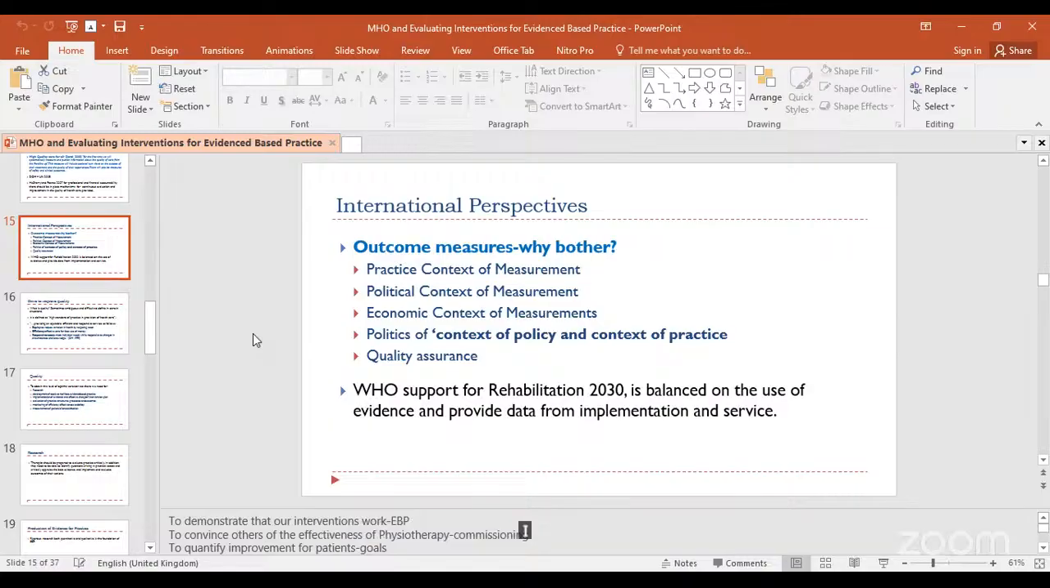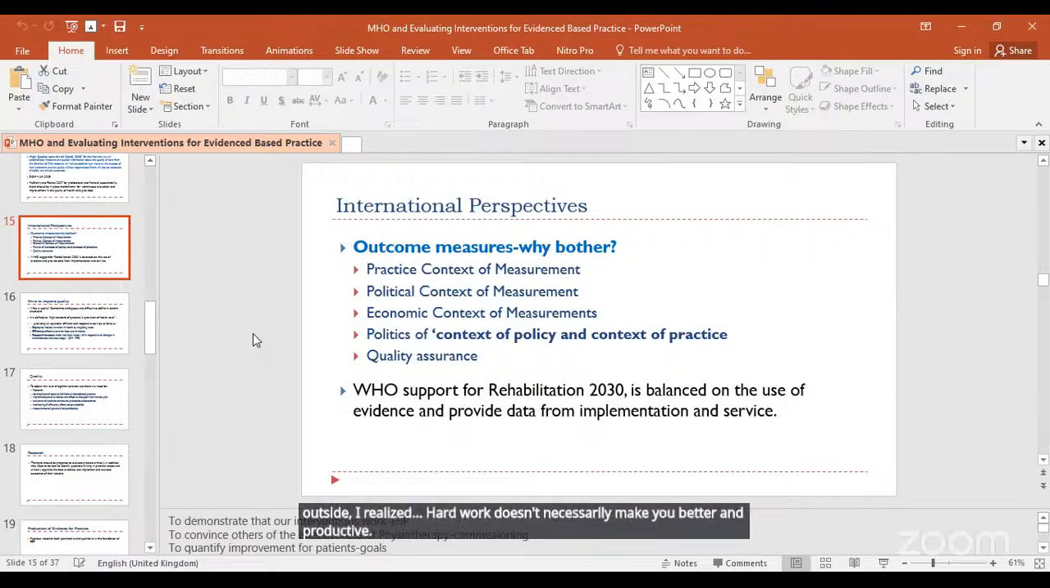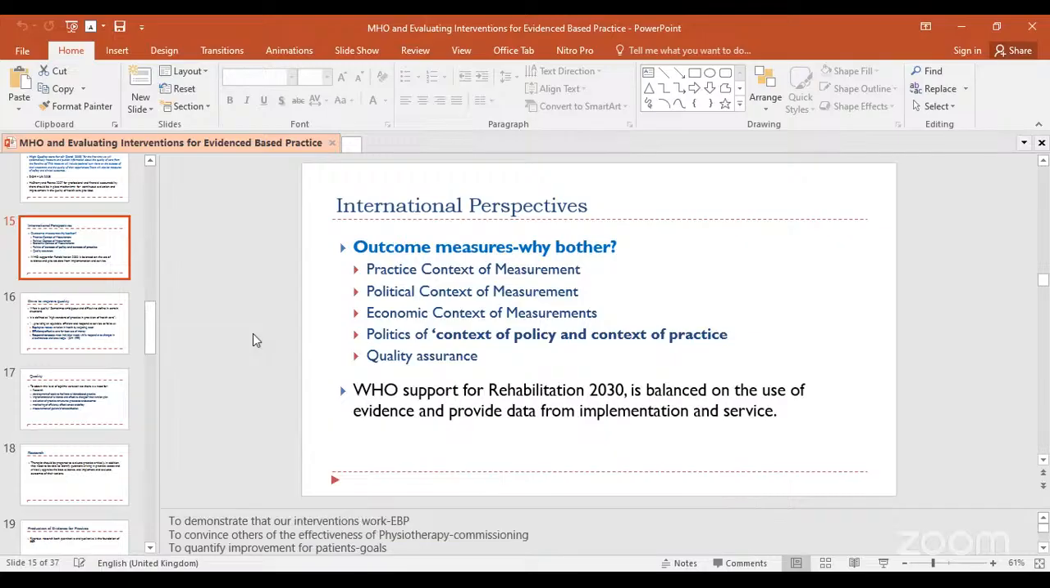I work hard a lot, and I can say that I'm a workaholic. But while working outside, I realized hard work doesn't necessarily make you better and productive, but working in a way that it is consensual, and